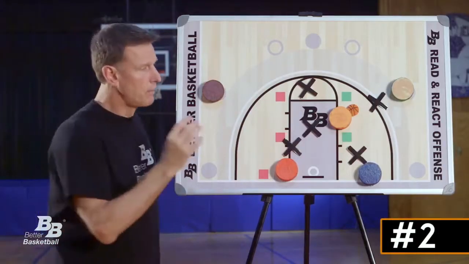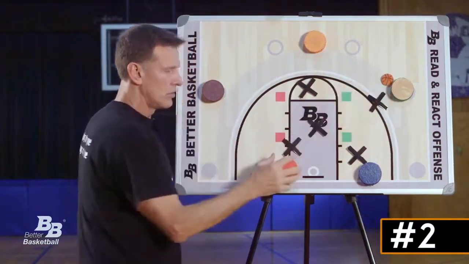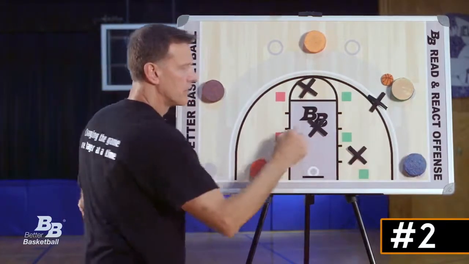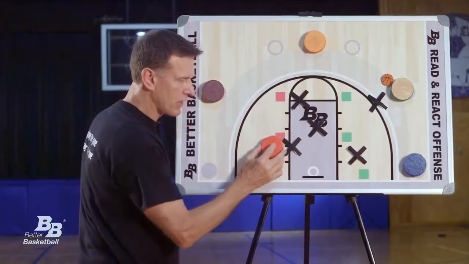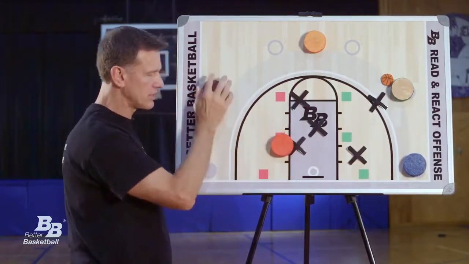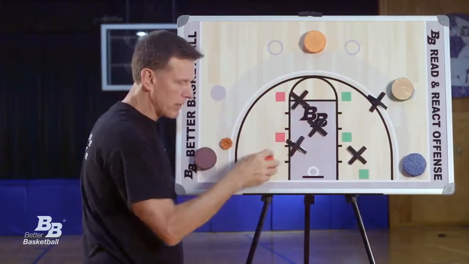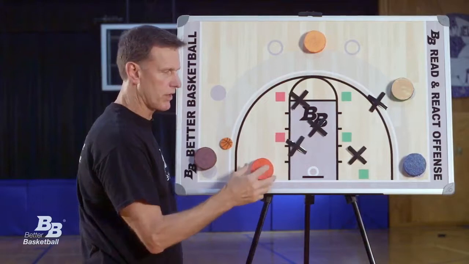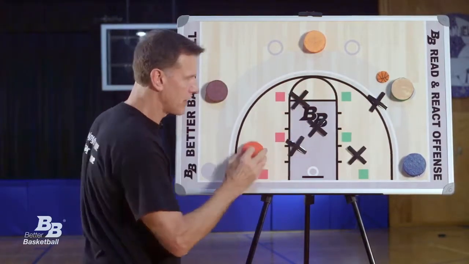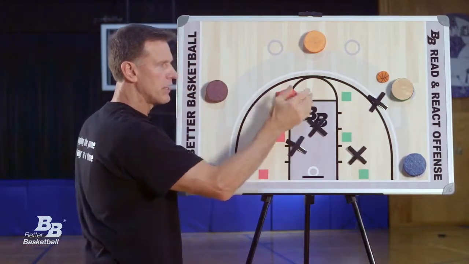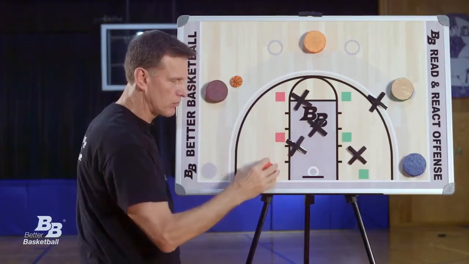Number 2, pin screen any defender whose feet are in the lane. So moving from this weak side flank, you could pin this low weak side defender and call for the skip. And on the skip, you're opening right back up to your home base, to the flank. Or you can move from the weak side flank up here and pin in the high weak side defender. Ball is skipped, you're headed back home to your